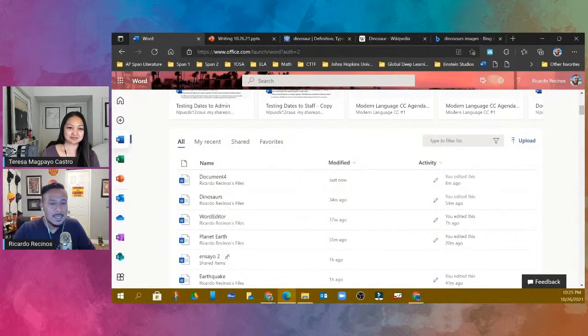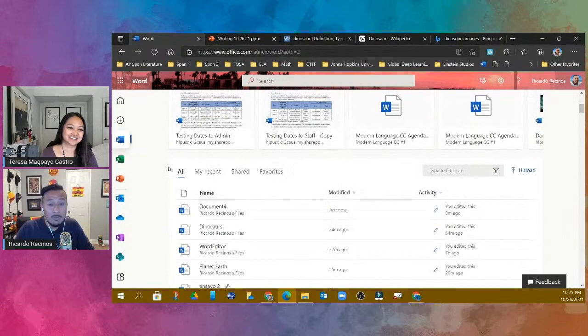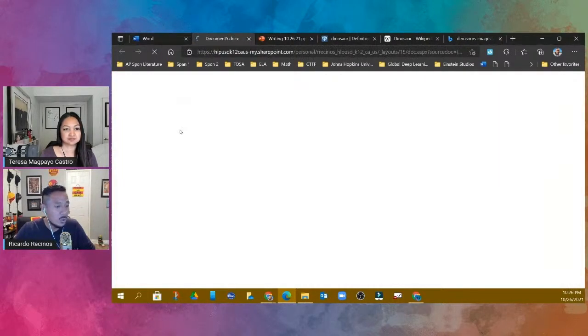And now we're going to see some of the same features that you saw in Google, and I think a couple of more that Office 365 has. So I'm in Office 365. Today we're going to focus specifically with Office 365 online Word, but some of these features are also available on the desktop version. So I'm over here, and I can come in here and just hit the plus and create a brand new Word document or PowerPoint and so on and so on. Okay, so let's go create a brand new Word document.